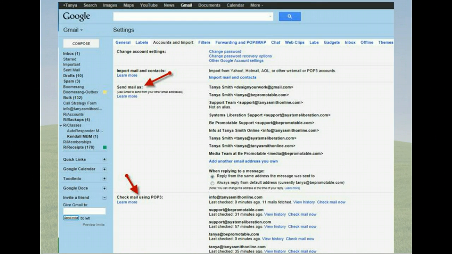When you go into settings, this is something that many people do not do well, and I'm going to teach you because I want you to really get a handle on this. Ultimately, if you're trying to be more productive, you don't need to have 100 different inboxes that you are going to check your mail. You just don't, okay? That's a big time waster.